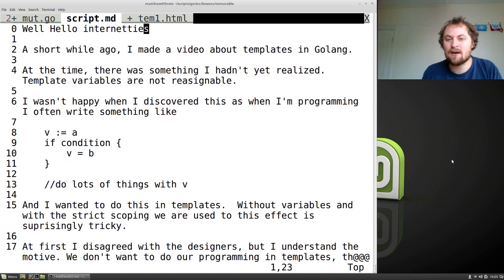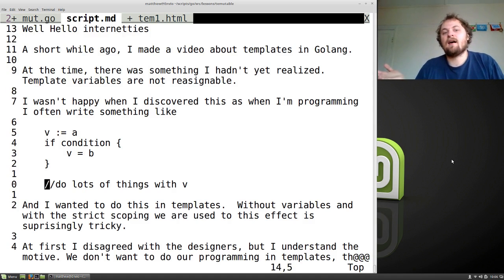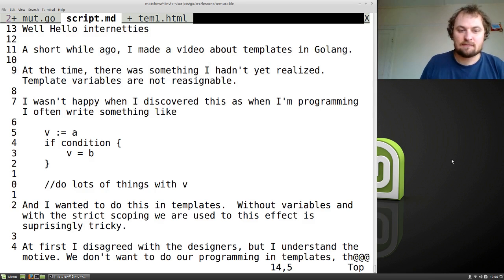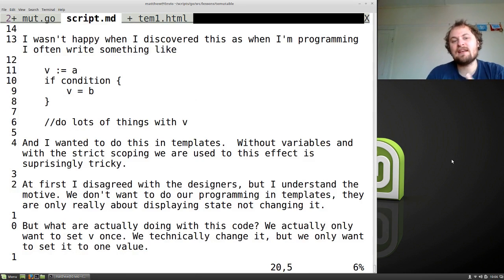But there is something I do quite like to do when I'm programming, and I don't think I'm the only one, and that is to use a statement like this one. So here, v, whatever variable, becomes a. If some condition, then set it to b, and then afterwards I'll do a load of stuff with v. So basically, I'm not really reassigning v, I want it to be one of two things, and this is the easiest and clearest way to make it one of those two things safely. And because it's not really assigning a second variable,